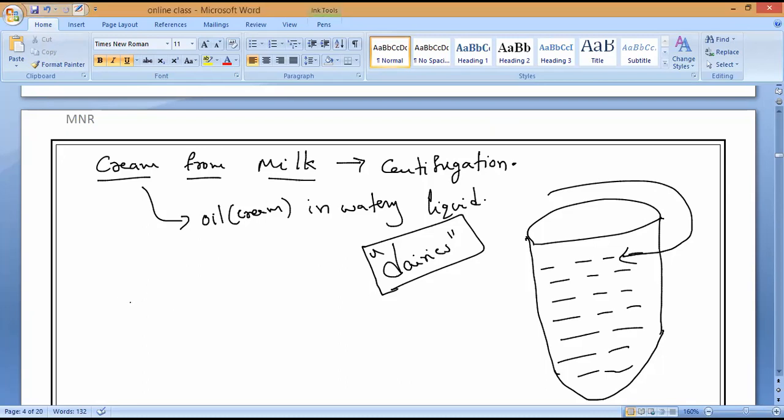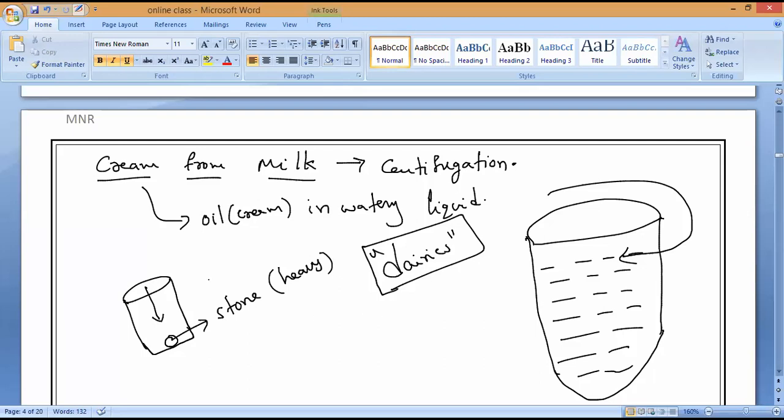So when will particles sink and when will they float? Can anybody tell me? Suppose I keep a stone inside the water. The stone will sink. Why will the stone sink? Because it is heavy. Yes or no? In the same way, if you are doing centrifugation, as I told you in the last class,